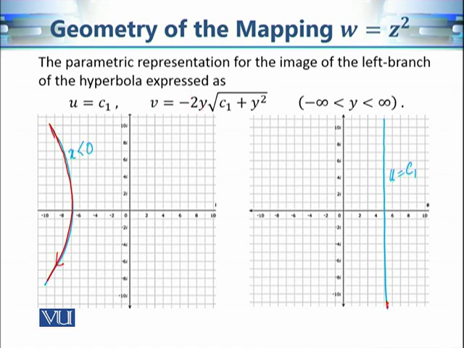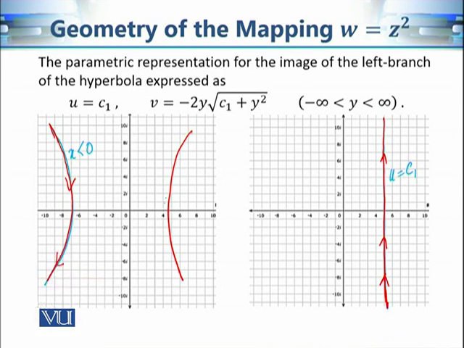So in other words, if we travel from top to the bottom on this portion of the hyperbola, then we will be traveling from bottom to the top on this line. Okay, so that's the effect or the image of this hyperbola under the mapping f of z is equal to z square. So both portions of the hyperbola will be mapped onto this straight line, but the